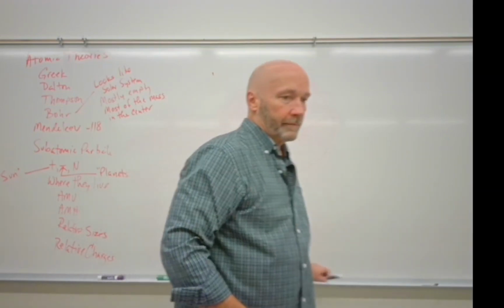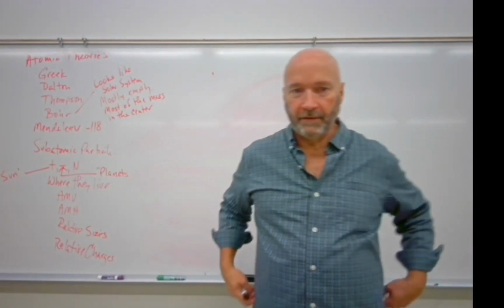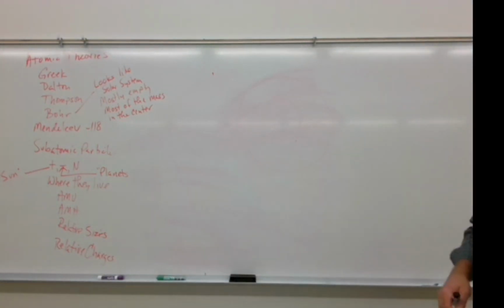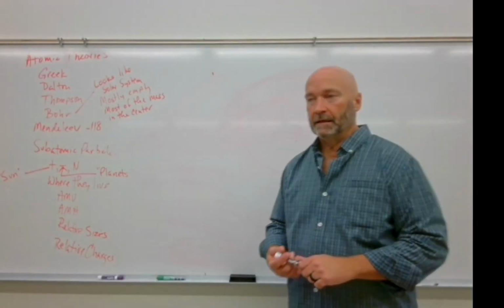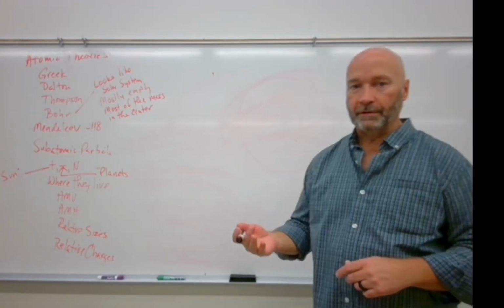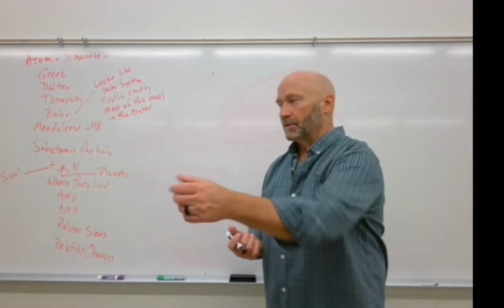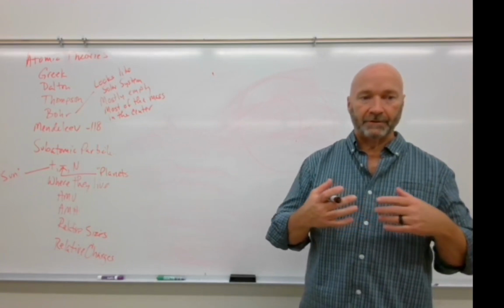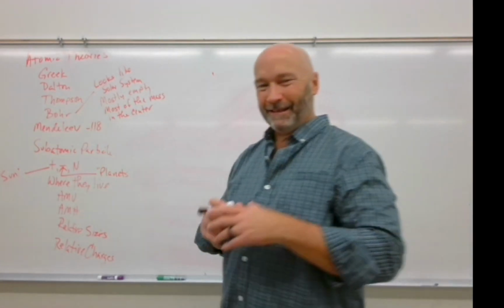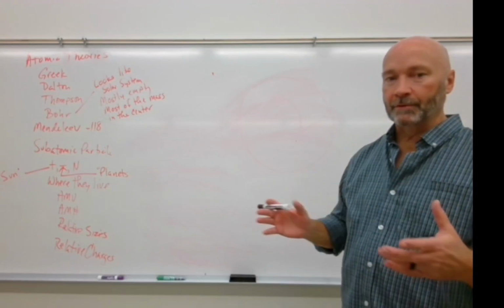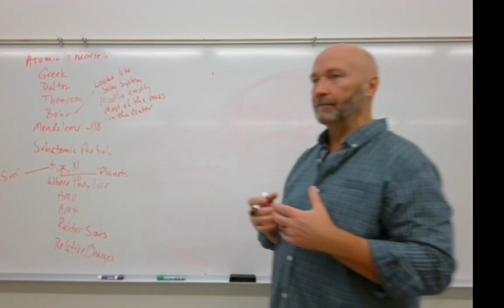So if we have an element that becomes too big and heavy and it becomes unstable, then it's going to seek to stabilize. It's going to undergo what we refer to as radioactive decay. We have 2 different processes that might happen. We've got alpha particle emission and we've got beta particle emission. In both cases, what it's trying to do is get rid of some neutrons. Again, these numbers don't mean anything. They don't represent any kind of element, and they're not realistic. It's just simpler to keep up with by using whole numbers or even numbers that are multiples of 10.